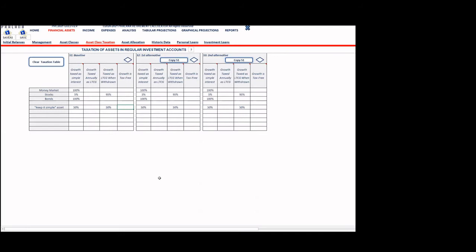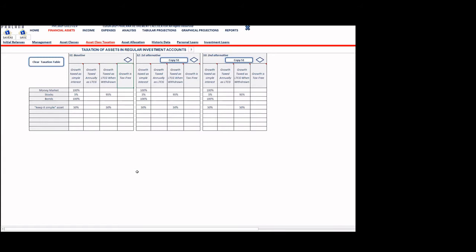And so you have 4 choices of how each of the assets are taxed within the regular investment account. Could be just taxed as simple interest, could be taxed like a qualified dividend as a long-term capital gain. It could be taxed as a long-term capital gain when it's withdrawn, otherwise it's not taxed, or it could be tax-free, such as a